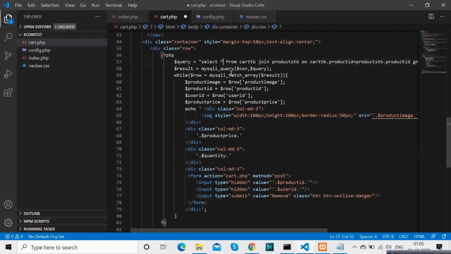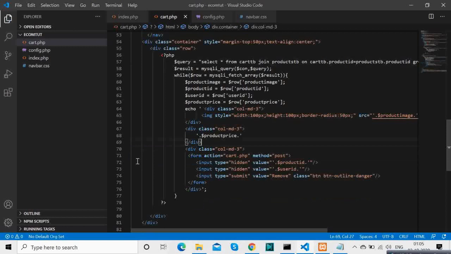First of all, I thought I will remove the quantity, but later on I added that also. So as you go along you will find that I have added that quantity thing in the upcoming part.